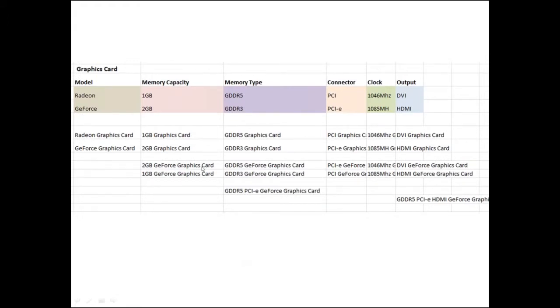Well, you basically need to look at every single product attribute that your products might have. Here I've outlined six different product attributes of graphics cards, and put a few values next to them. So you could have a Radeon graphics card, a GeForce graphics card, you could have a 1 or 2 gig graphics card, and then I basically just merge them all together. So you end up with quite